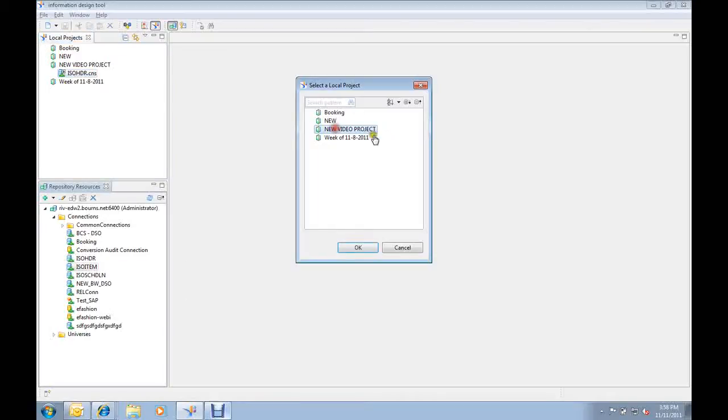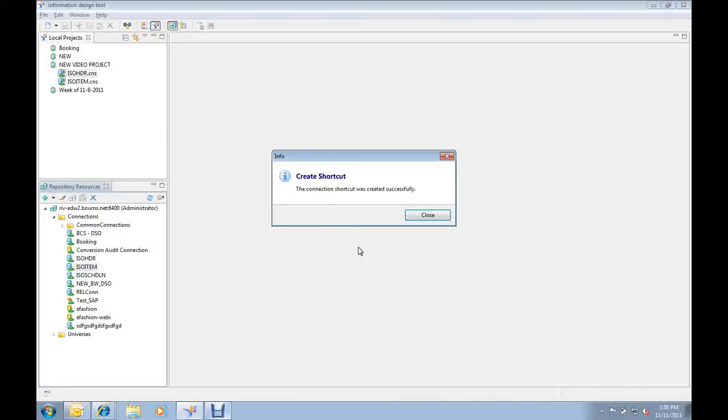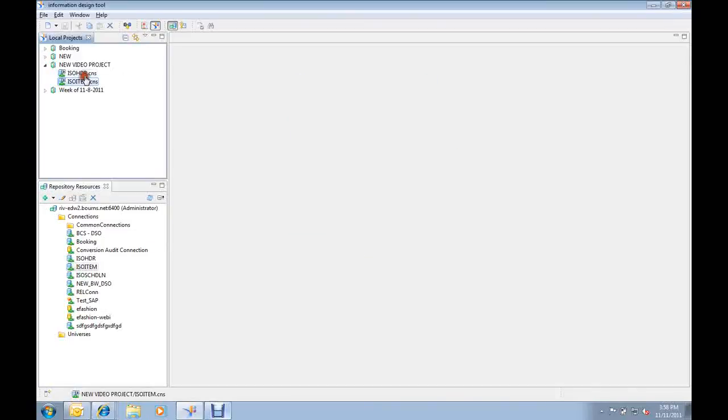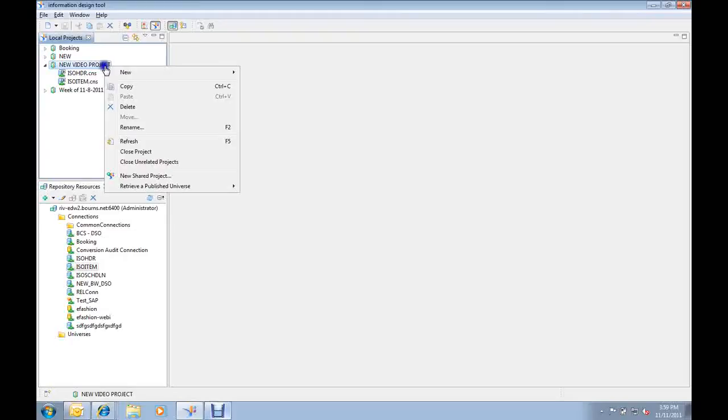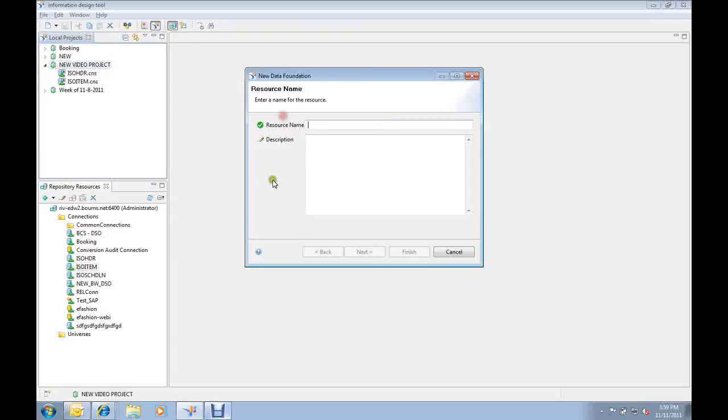Then I'll go ahead and create another connection. So this particular project will have two separate connections. This will be considered a multi-sourced data foundation and business layer and associated universe. Once I've got my shortcut connections available, I'm going to go ahead and create a new data